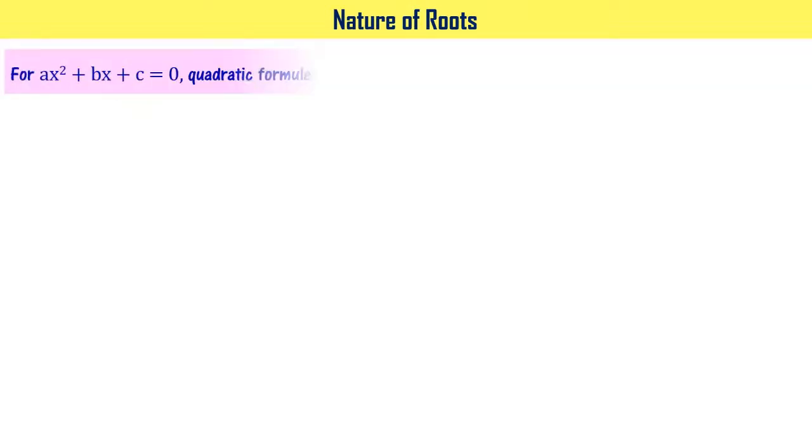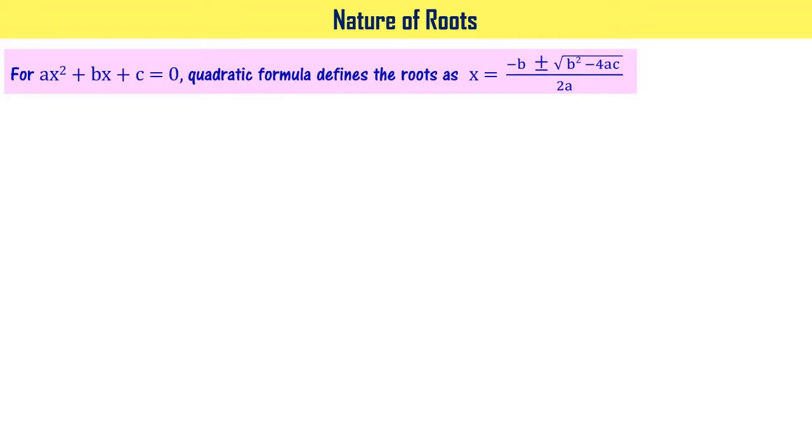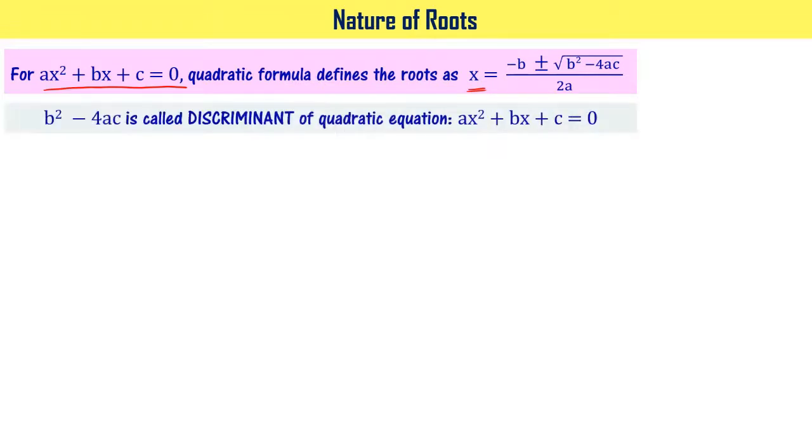We learned that for ax square plus bx plus c equal to 0, the quadratic formula defines the roots as x equal to minus b plus or minus square root of b square minus 4ac divided by 2a. And we also learned that b square minus 4ac is the discriminant of quadratic equation, because based on the value of this particular